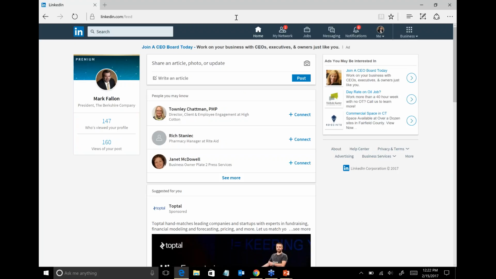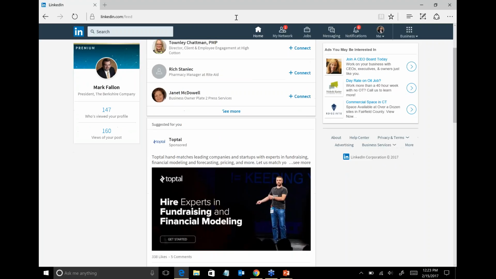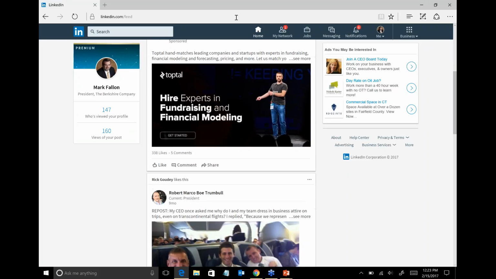That's because LinkedIn went through what they're calling an upgrade, and that has changed things a little bit. One thing is it's slightly slower than it used to be. So when you click on your home button, it brings you to this page, and you want to make sure that your profile looks the way it's supposed to. It shows you some updates right away of what's happening with people.